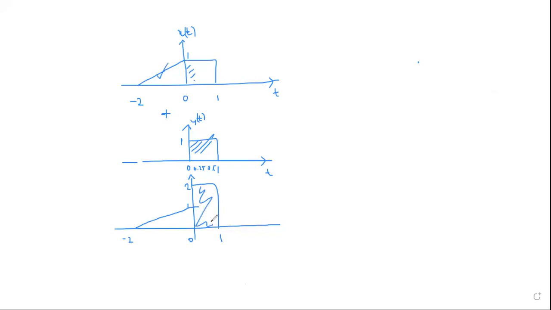Cool. Okay. So now, can signals be differentiated and integrated? Let me take an example here. So will somebody tell me, can signals be differentiated and integrated? Let me take a simple one.